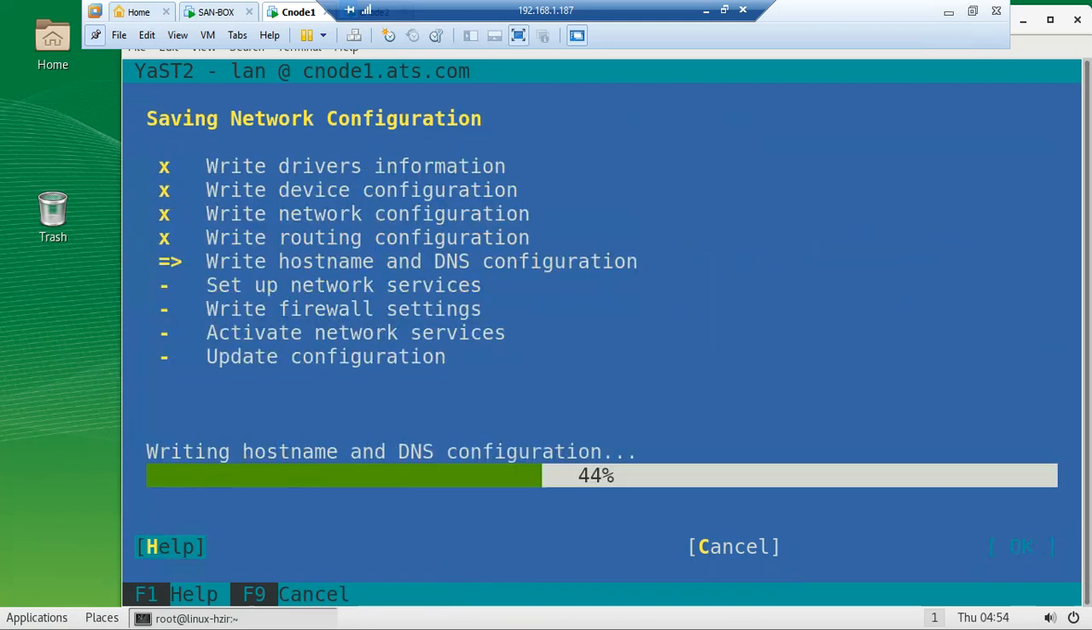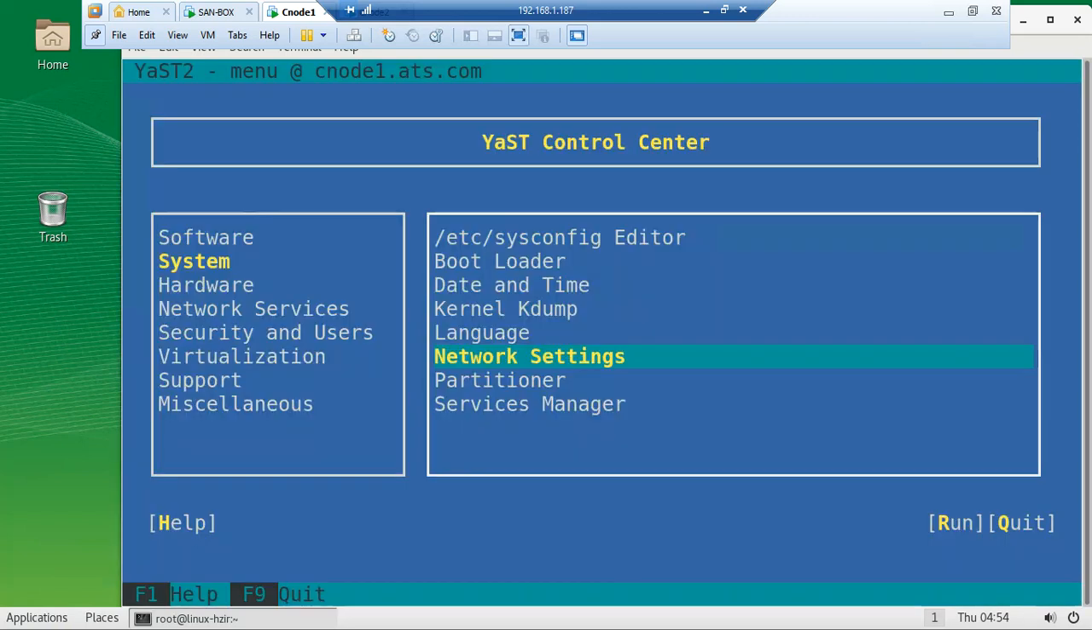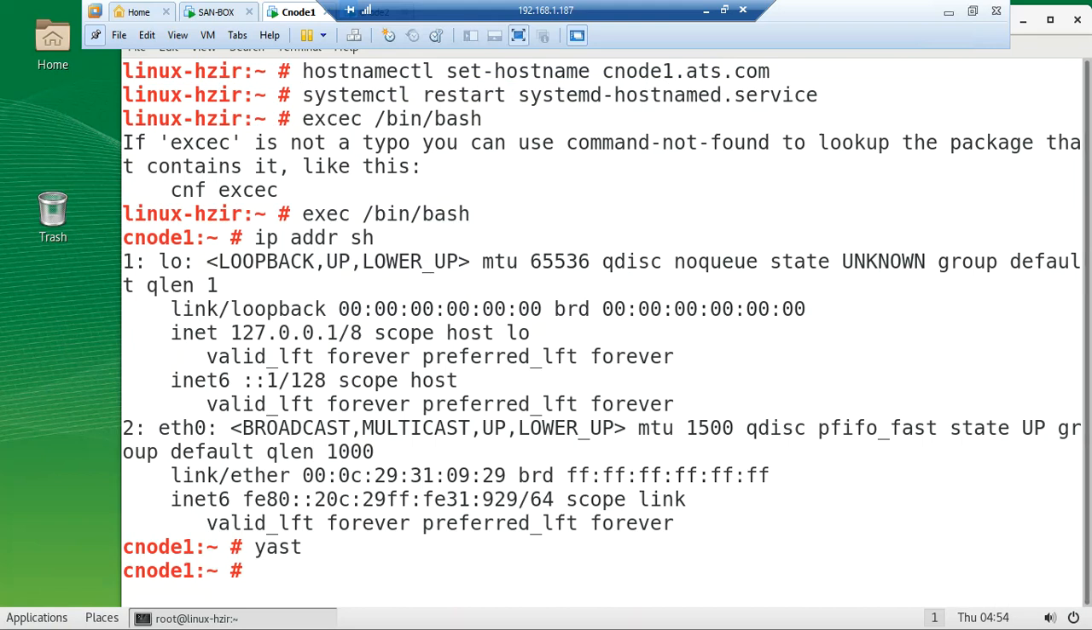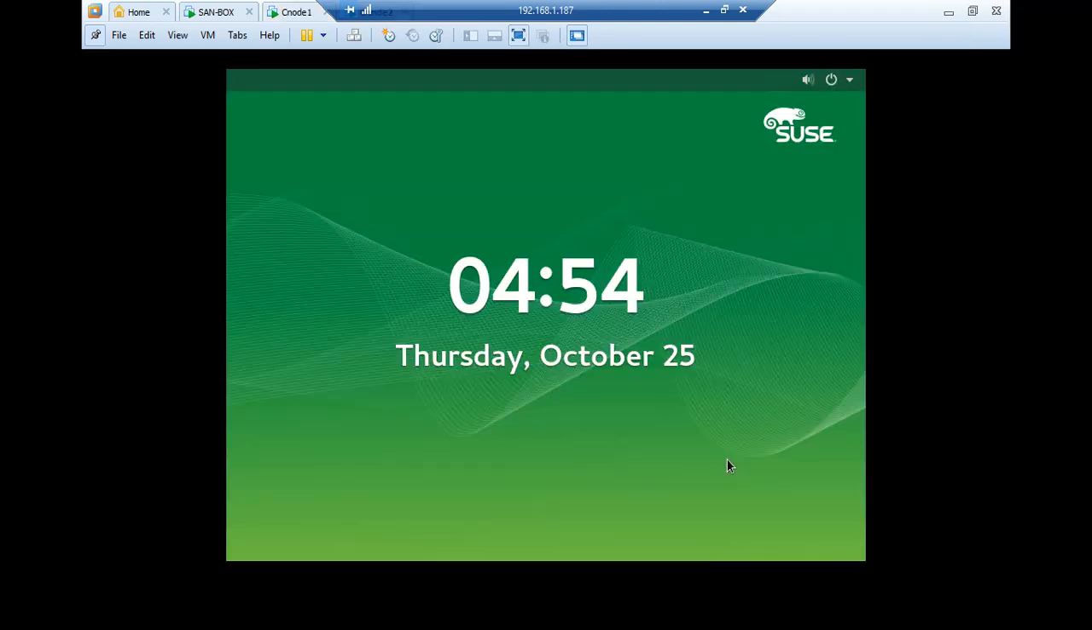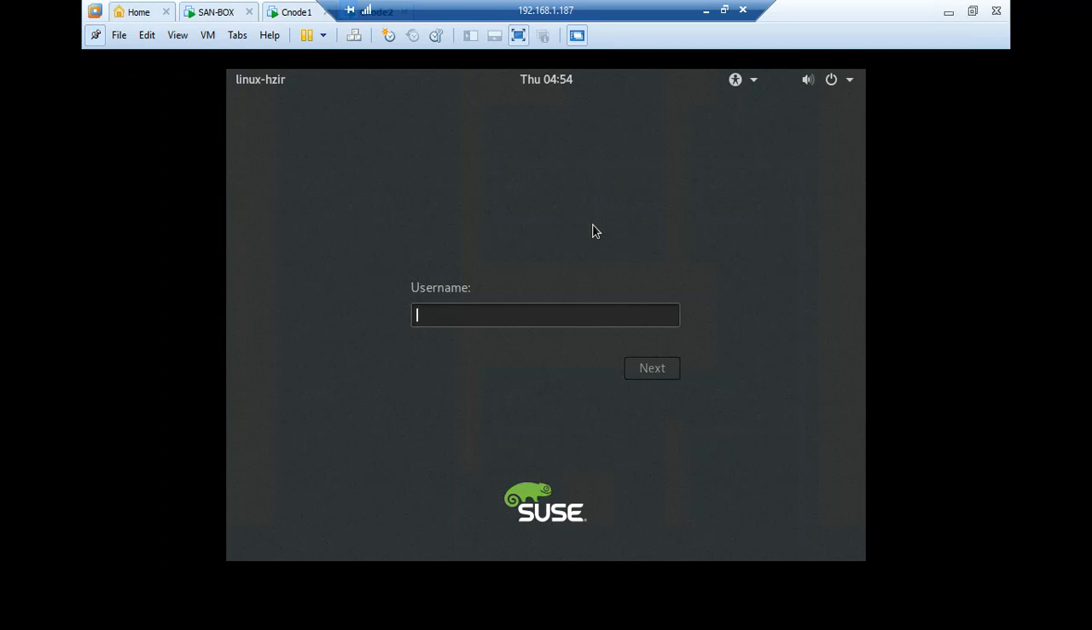And okay, the configuration is done. Then we'll quit from here. Okay, so let's check the host name. Done. Now we'll do the same thing for our third node also. Okay, username